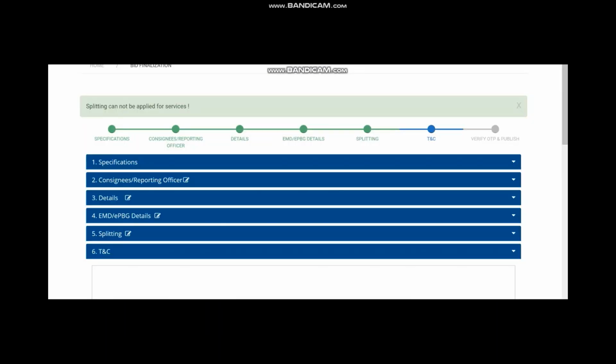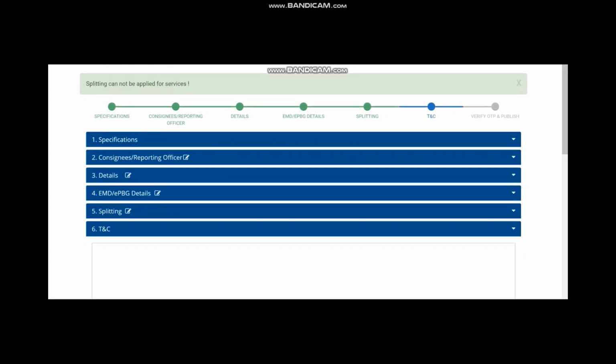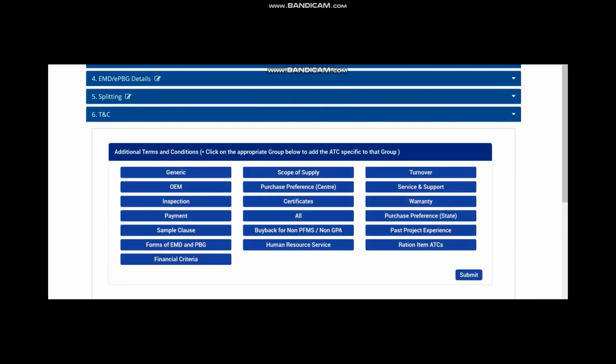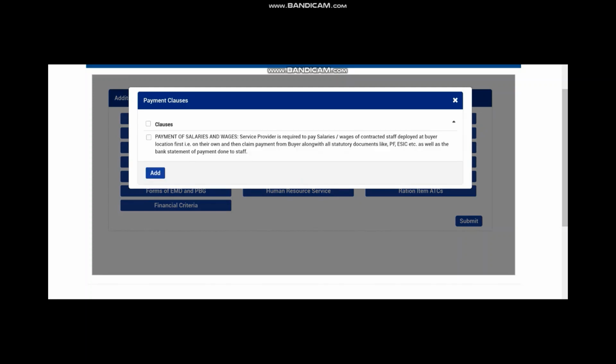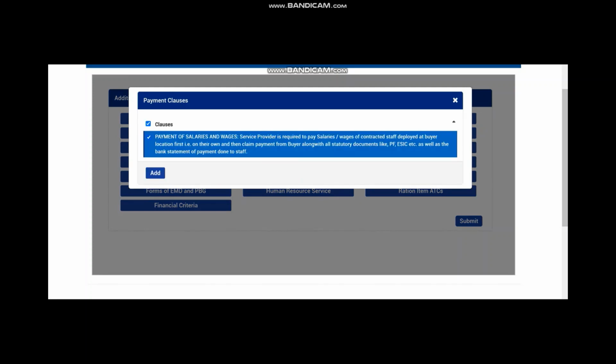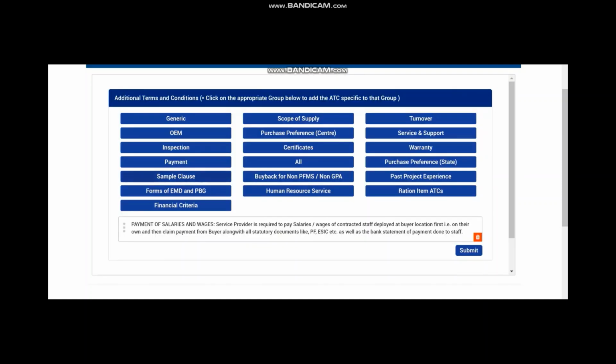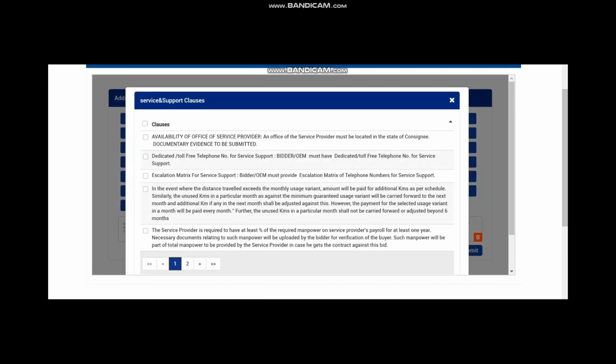Now you are going to the terms and conditions page. In terms and conditions, you will find a lot of additional terms and conditions available. What I say, you don't have to select all. This one clause, the payment clause, is very important. Please select it, because this ensures that the seller pays his employees before claiming payment from you.